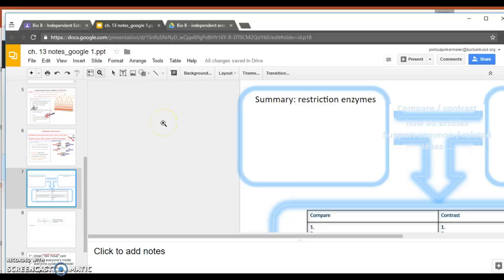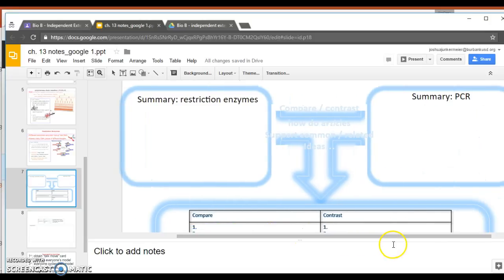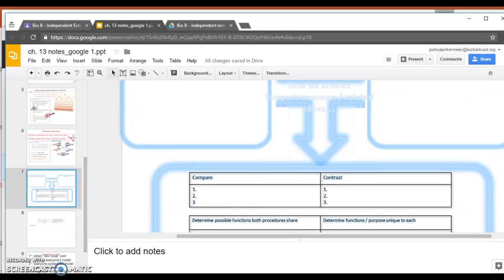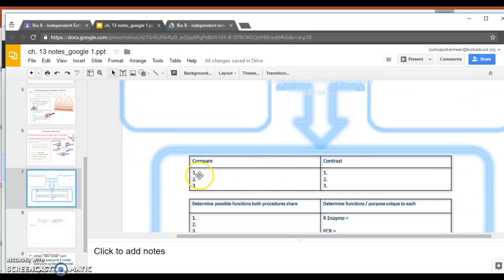All right. So it says compare, contrast, how do the 2 summaries support common and related ideas. So what do they have in common? What don't they have in common, right? And you list them right here. So as you compare them,